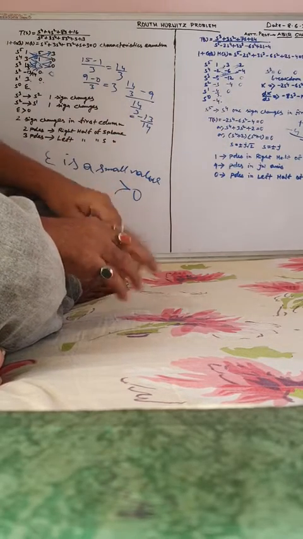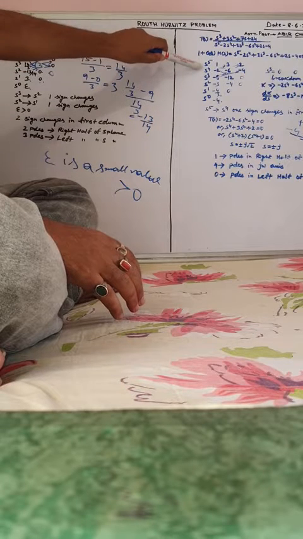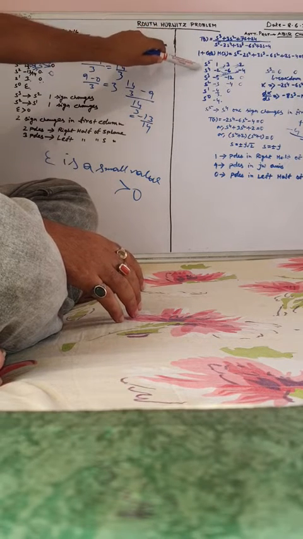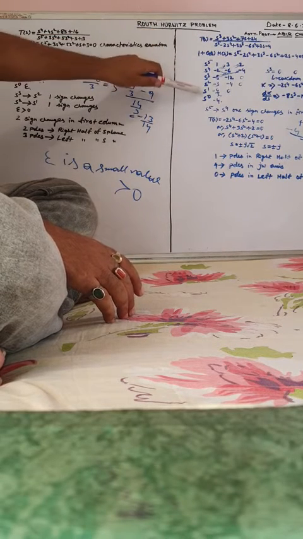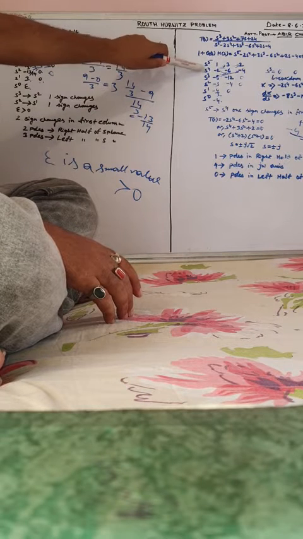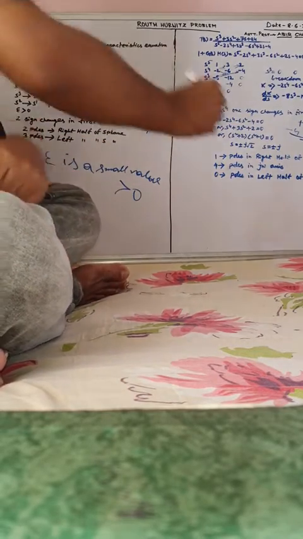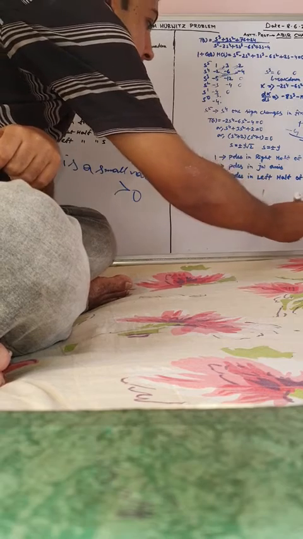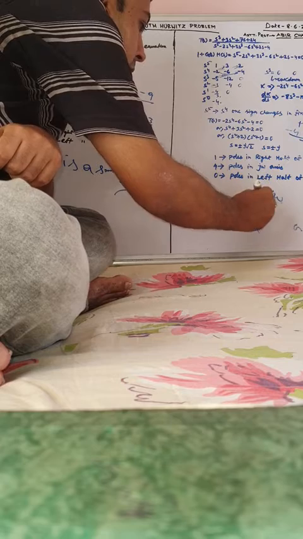the j omega axis. Use this row, don't use this row, because S4 is available to you. If S4 is not available in this table, then use S square. If S4 is available, from here you will get 4 roots lying on the j omega axis. This is the j omega axis. That means if this is sigma, this is j omega. So here 2 poles, here 2 poles.